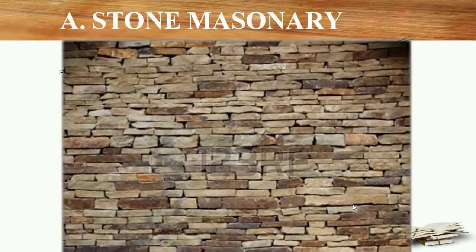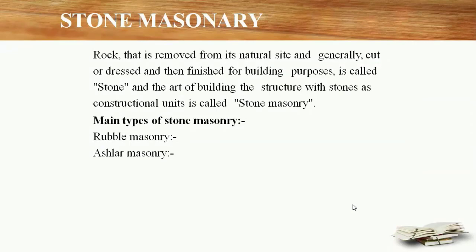So this is the stone masonry. In stone masonry, there are two main types: first is the ashlar masonry and the other is the rubble masonry. Basically, ashlar masonry consists of prepared stonework, that is, stone dressed or cut to shape. The stones are usually laid in parallel courses. On the other hand, masonry using irregular shaped stone is known as rubble masonry.